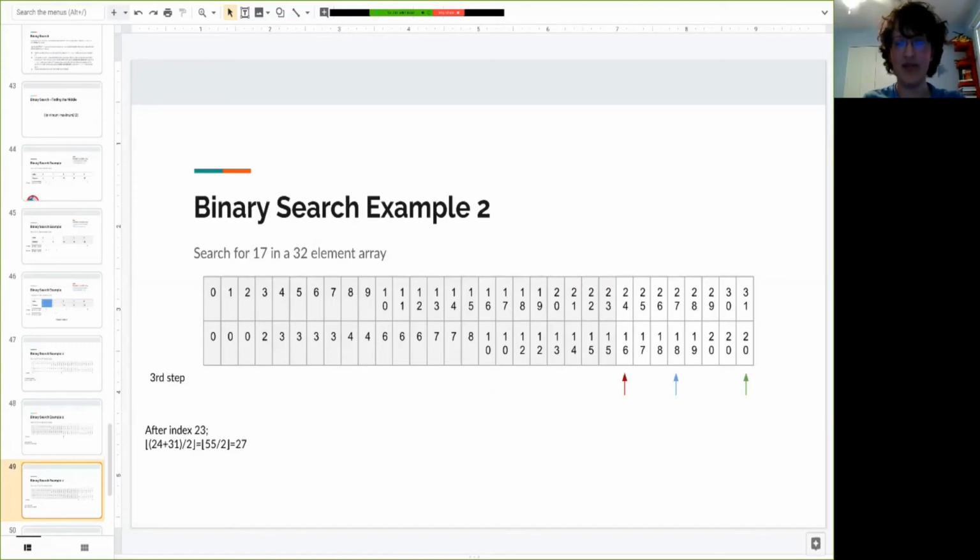18 is bigger than 17. So you know that 17 can't be over here. It has to be over here. So we ignore all those elements. Move where it could be. All right, so for our fourth step,